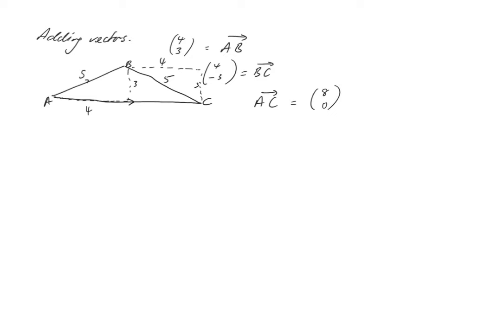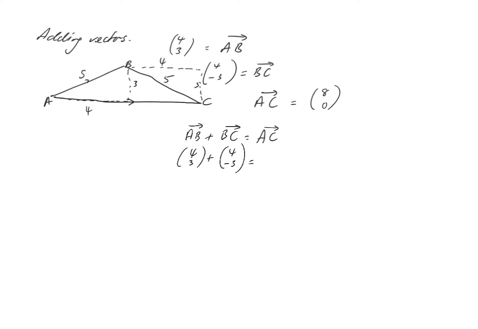But how do you do it in actual vector form? Well, it's nice and straightforward. In fact, it's super, super easy. It's AB plus BC. You go from A to B and then from B to C. Okay? And that equals AC, the resultant vector. How do you work it out with the numbers? Easy. 4, 3 plus 4, -3 equals